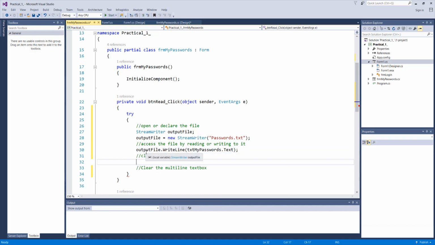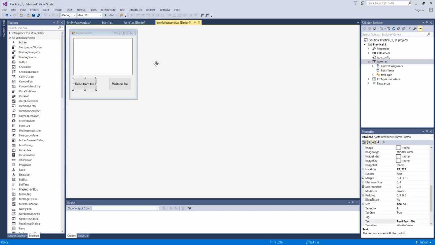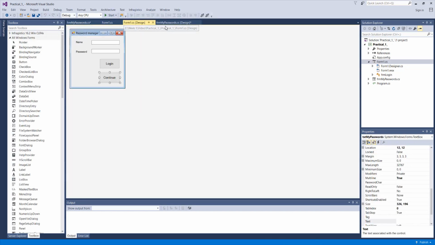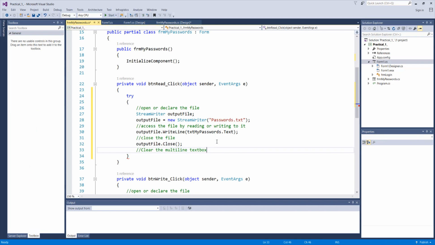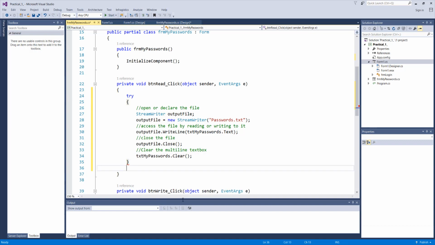Cool. Don't forget to close, and then clear. This text box here is actually this one. Cool. And then it is my passwords that clear. Okay. And then the catch for this is